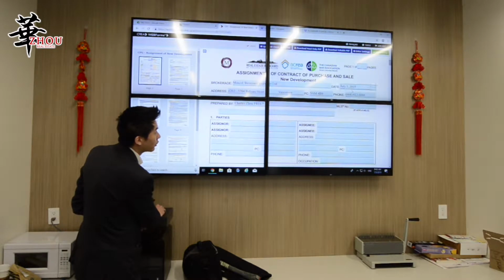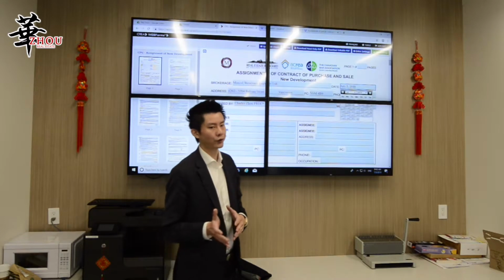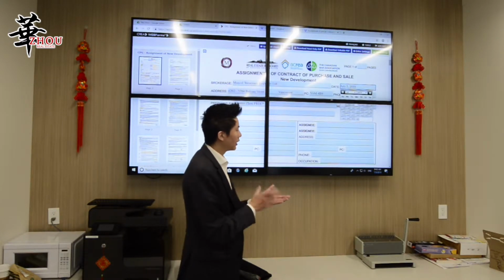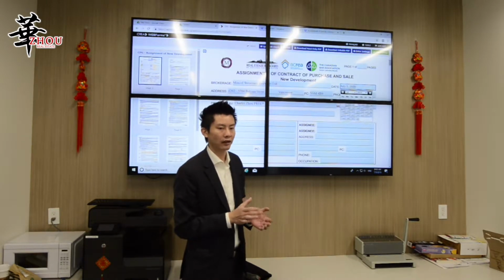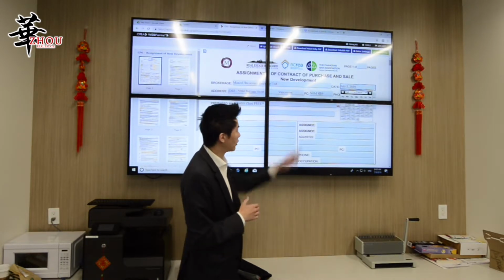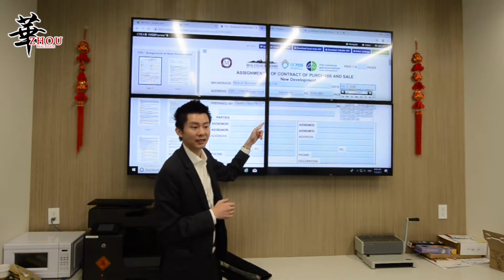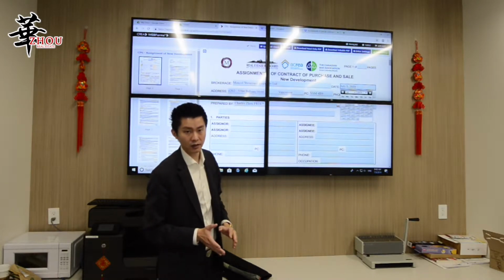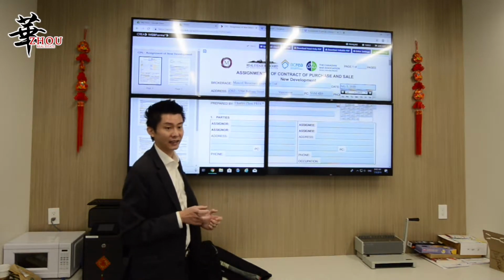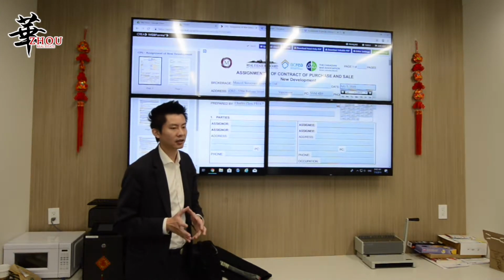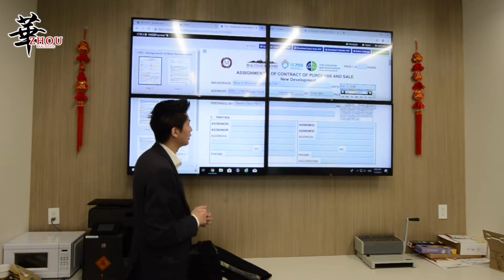And then over here is the date of this agreement. So in the future, if you have more addenda, at the top of the addendum, they'll ask you what date of the contract you are referring to. So this is the date that you're referring to, not the acceptance date, not the date on the last page. It's always the date on the first page. Make sure you're using the right date. Otherwise, your addendum may not be the right addendum. They may not be able to incorporate it into your agreement. Okay?